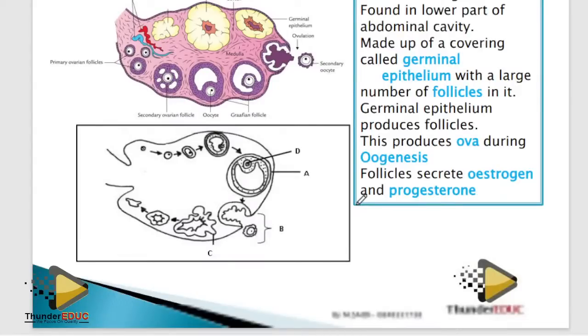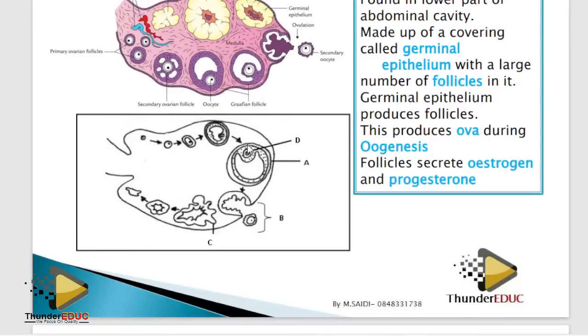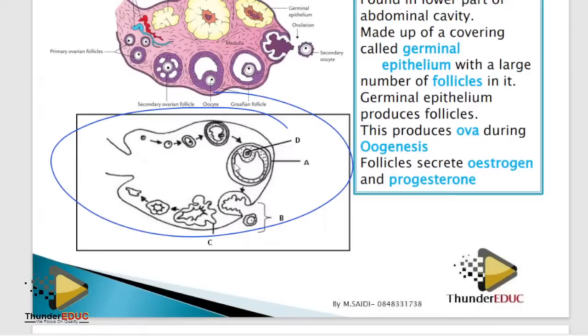This is the ovary. What do you expect, if they bring it, what questions are they going to ask you? Obviously, they're going to ask you, what is this? It is the ovary. But don't just call it ovary, call it Graafian follicle. And don't just call it Graafian follicle. This is immature Graafian follicle, while this is mature Graafian follicle.